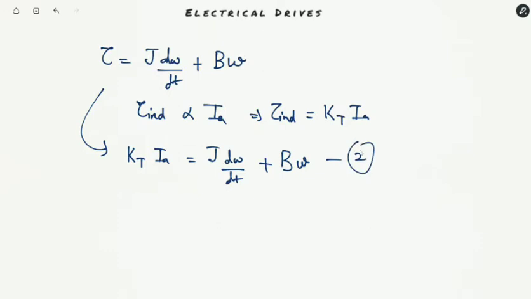So equation 1 and equation 2 actually represent the mathematical model of the speed control of the DC motor via the armature current control method. Now we can model equations 1 and 2 either through a transfer function approach or through a state space approach. If we are adopting a transfer function approach,